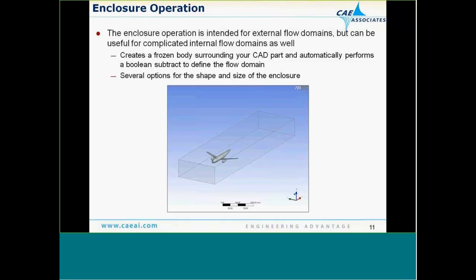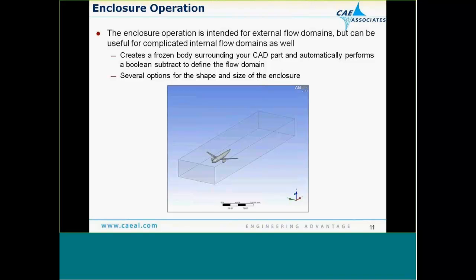Now inside of DesignModeler, we have an operation called the enclosure operation that's ideally suited for doing just this. Now, if we were to do this in a CAD program or without the enclosure operation, what we need to do is first create a sketch of the shape of our flow domain, then extrude that so that we have the three-dimensional volume, and then do a Boolean subtract so that we subtract out the CAD part or our solid body from the flow domain. The nice part about the enclosure operation is it does all of those things for you. So all three operations in